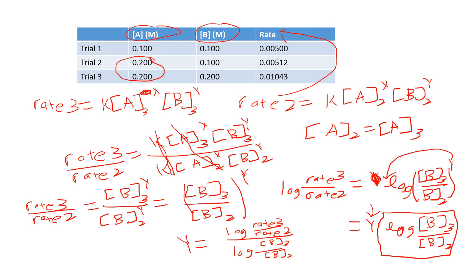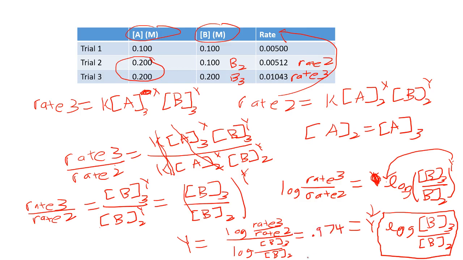So remember, rate 3, rate 2, b3, and b2 are all numbers we've measured. They all come from our table. So as a reminder, this is b2, this is b3, this is rate 2, this is rate 3. You could actually put an equation into Excel to do this. I'm going to plug these numbers into my calculator now. And when I do that, I'm going to get that y is equal to